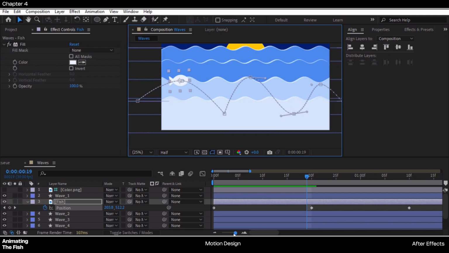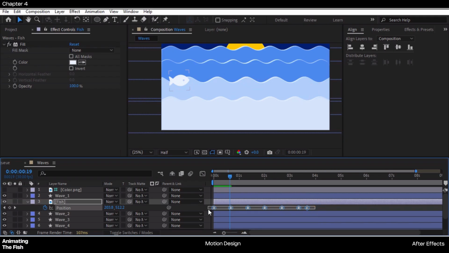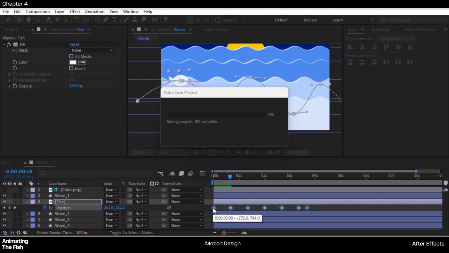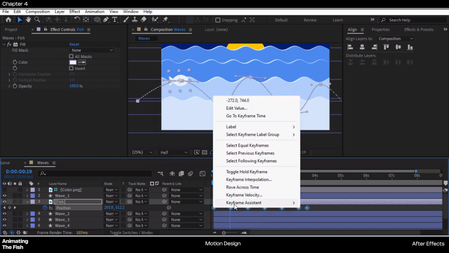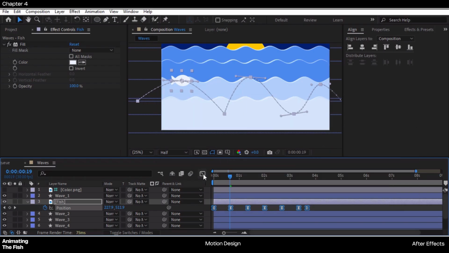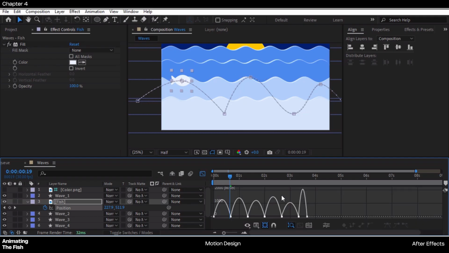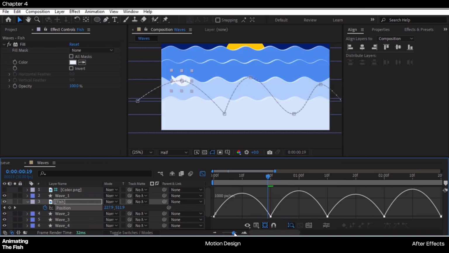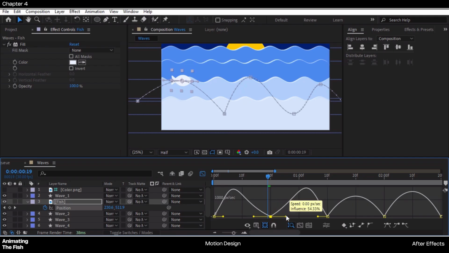Right now, next thing that we always do is we always use our best friend, that is the graph editor, okay? So I'm going to just select this keyframe assistant, easy ease. Then I'm going to go into the graph editor. The shortcut for the graph editor is Shift F3, or you could just click here, but I'm going to press Shift F3 because why not? Well, I'm going to change the graph to something like this. It's not a great idea if you ask me, but well,